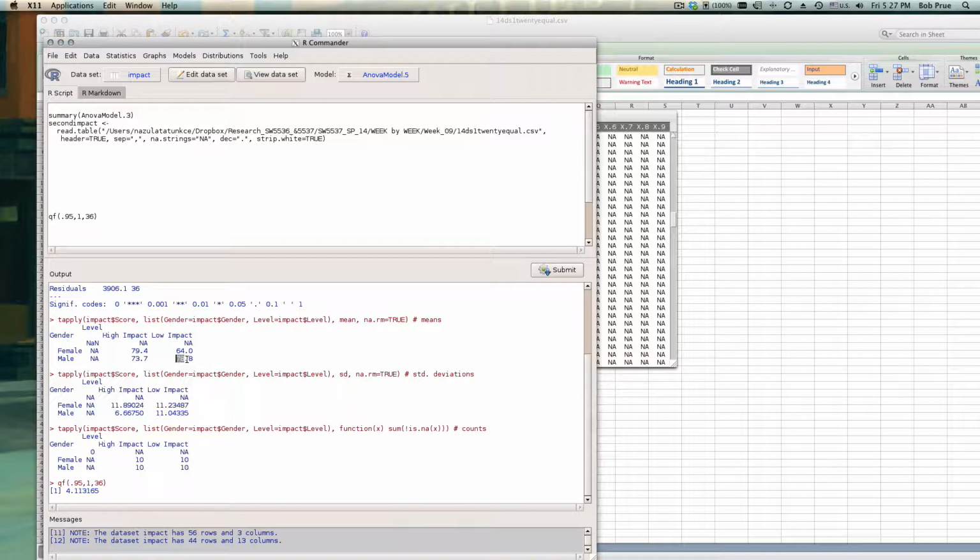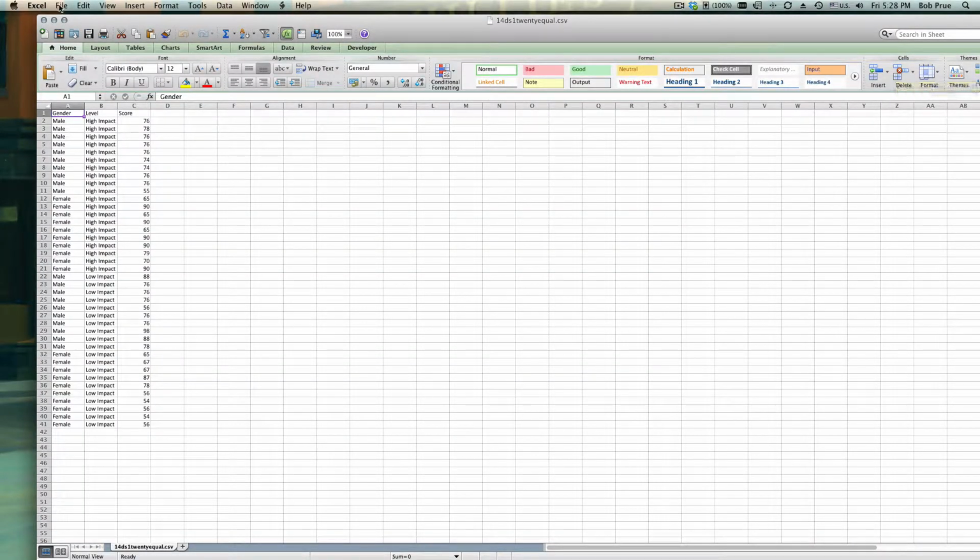We can also see we've got an odd set of data here where males have a higher low impact score than they did on their high impact score, and so we've got this reverse. So we've got some curious data here that we would probably understand a little better if we knew the context of what we were studying. So, you know, the way the world is,